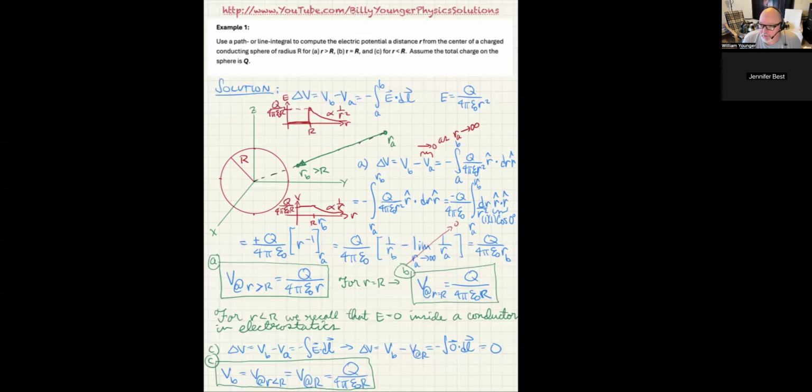Of course, remember we did the electric field for an infinitely long line charge, and that one fell off like 1 over r. And then we did the electric field for an infinite plane, and that one had no dependence whatsoever on distance. It was as if the electric field was the same strength no matter how far away you got. But that's a result of calling something an infinite plane: if it really was infinite and you moved from 1 meter away to 10 meters away, the plane wouldn't look any different. You'd have to walk a little further to get to it, but the ends would still look infinitely far away above, below, left, and right of you.